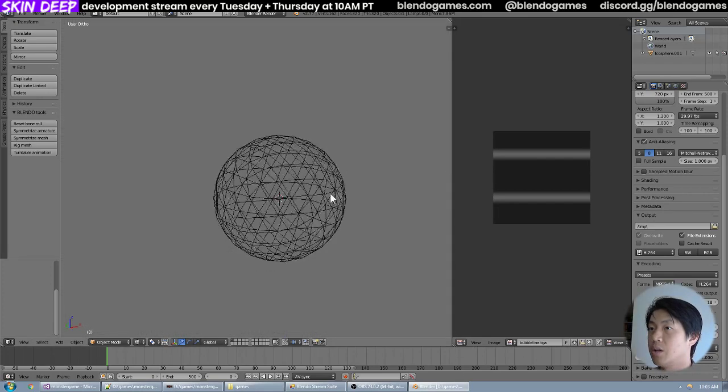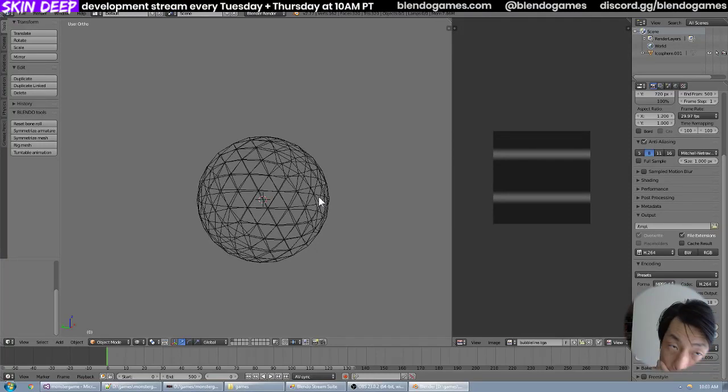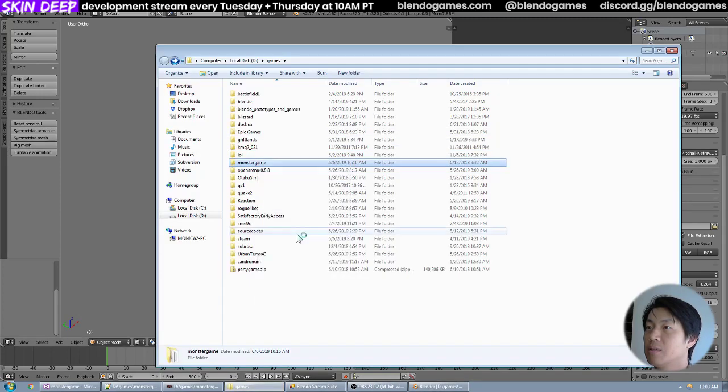So to scale this sphere, what we're going to do is make a bunch of bones on it, and then we're just going to make all the bones collapse on itself, and we'll see if that works. Let's make sure I have nothing checked in. All right,